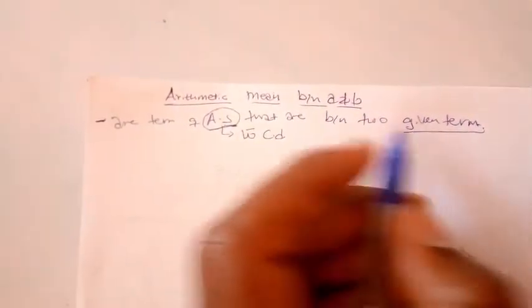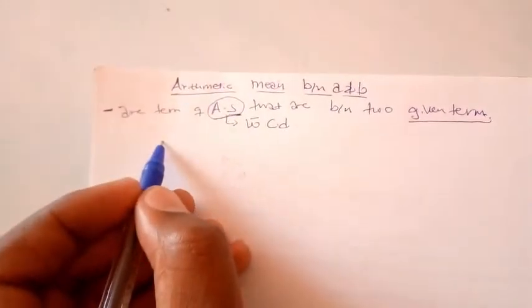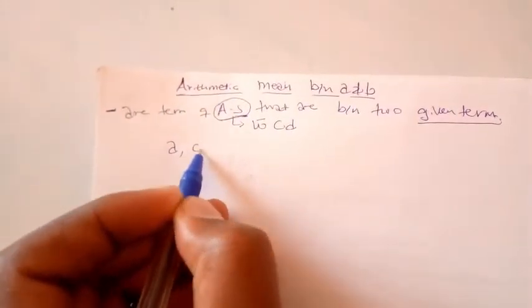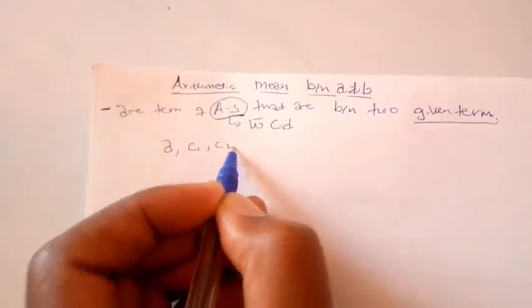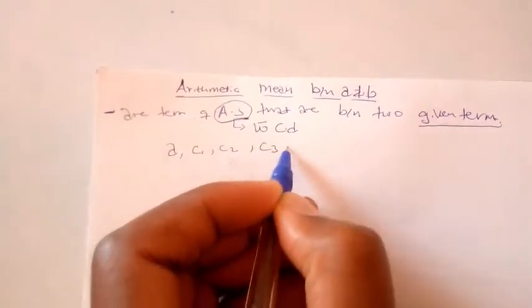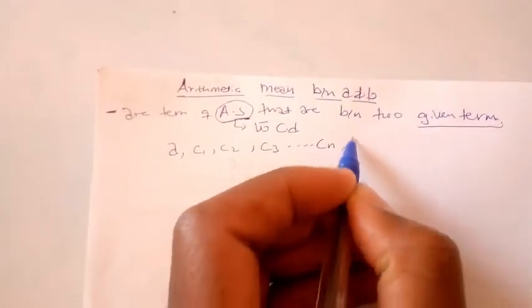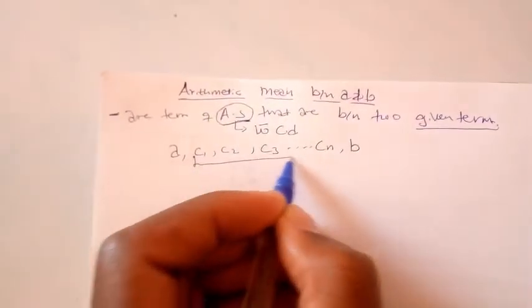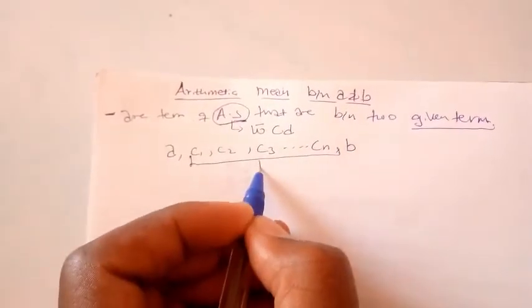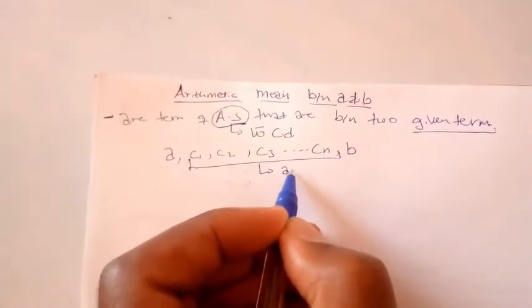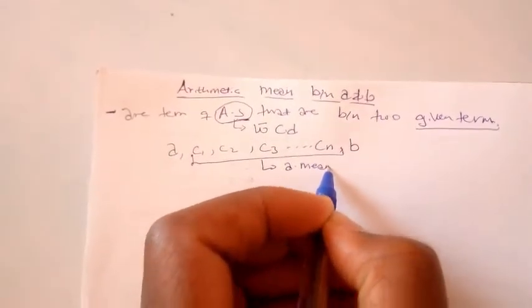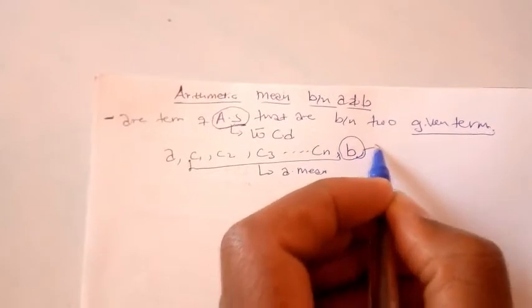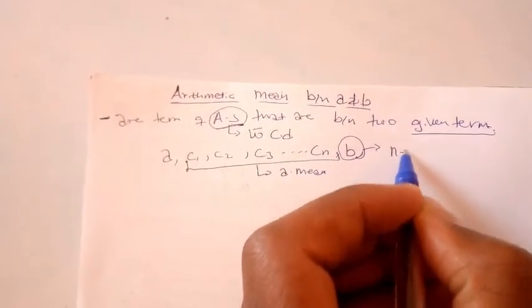So arithmetic means are terms of arithmetic sequence. That means terms that can be described by using common difference, and that are between two given terms. Let's take an example: a comma c1 comma c2 comma c3 up to cn, then b. Then terms starting from c1 up to cn are said to be arithmetic mean, and b is called n plus 2's